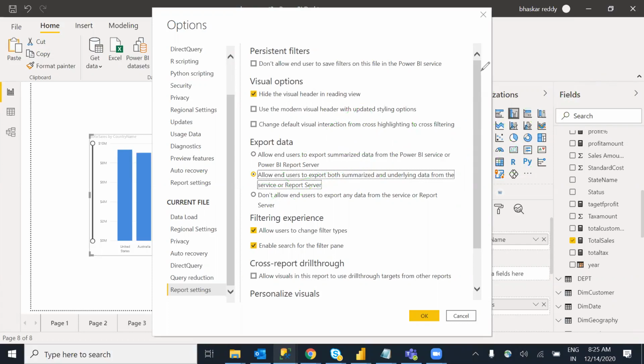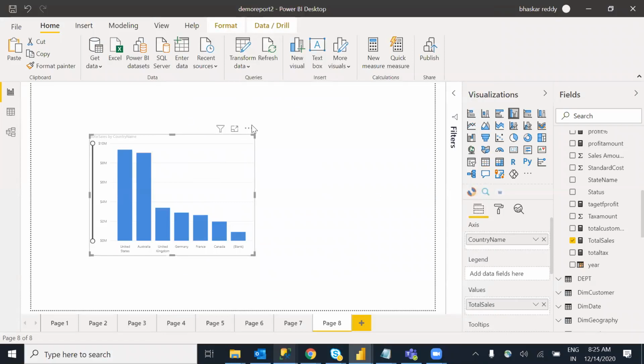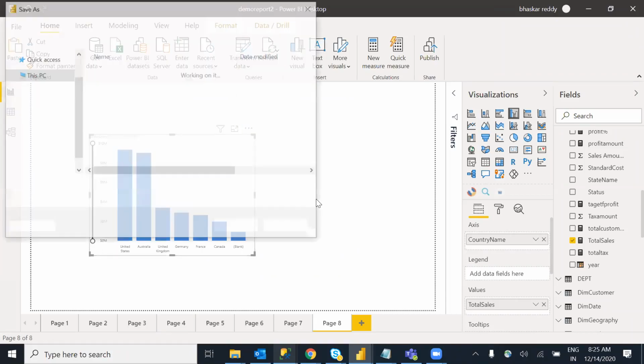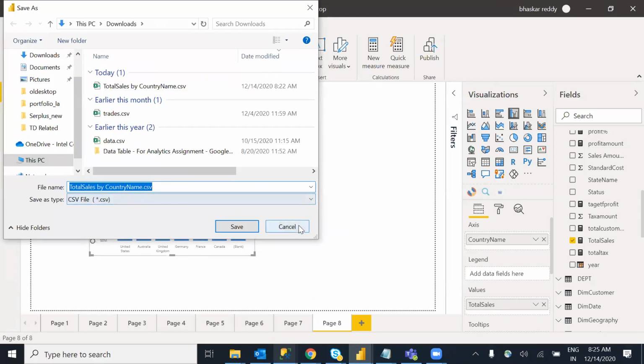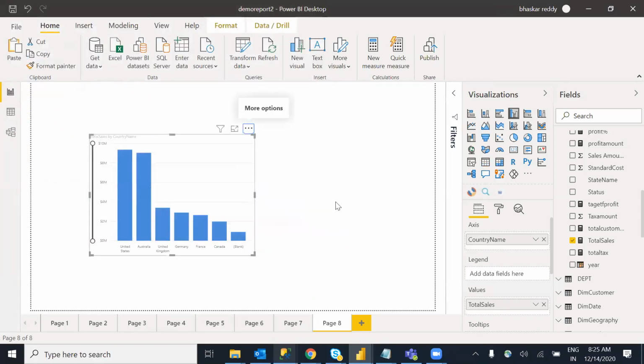At Power BI service level, that option will be shown to you. If you export there, two options will be displayed: you want to export underlying data or summary data. Now in desktop it directly asks where you want to export and the file name. Summary data is country wise sales.